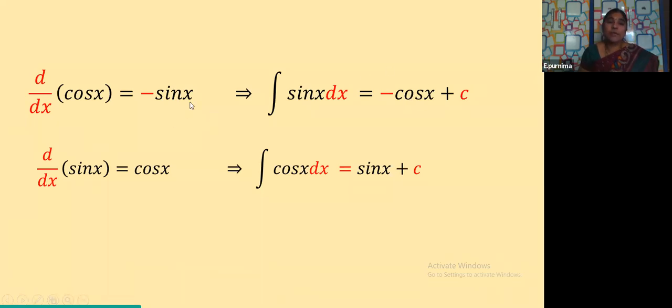See, children, don't get confused with the differentiation and the integration formulae, because it is just a starting point. You may get confused, but practice more, because you have many formulas in this. So you have to keep on writing the formulas, keep practicing the formulas, children. Because the differentiation and integration formulas are almost similar, at the starting point you may get confused. Clear? So to avoid that, practice more and learn the formulas thoroughly, because the whole integration is totally dependent on formulas, children.